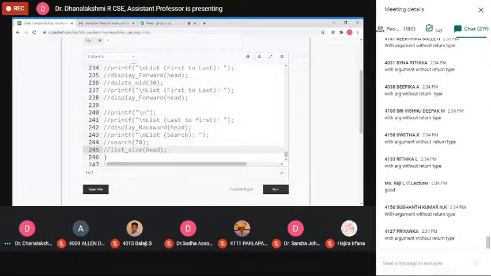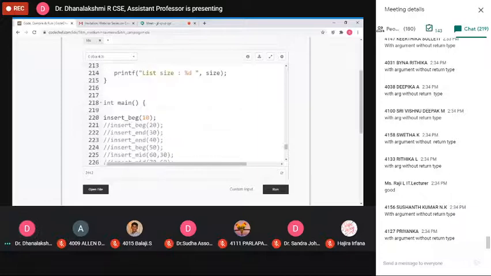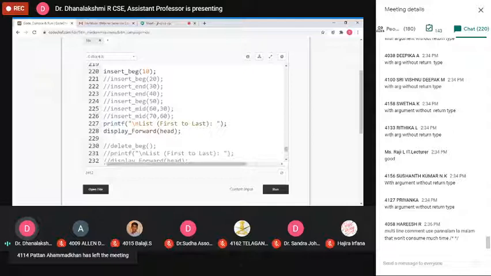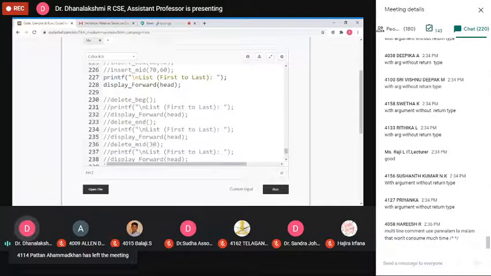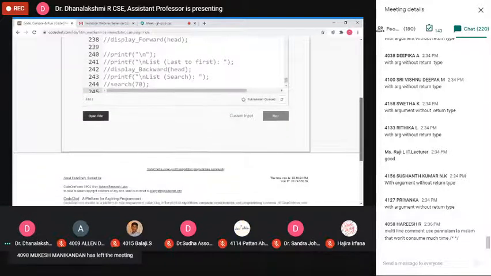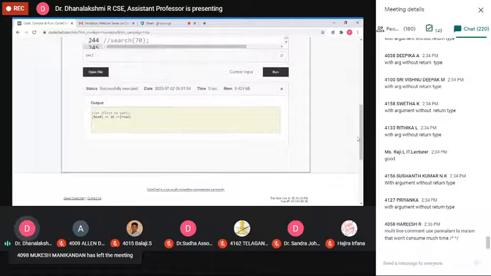So this is here. First, I insert at the beginning. Now I am going to insert the element 10. Then display whether that 10 is there. I have to display what are the elements in that list. What I told you, you have to click the run button. Have you all seen that result output?